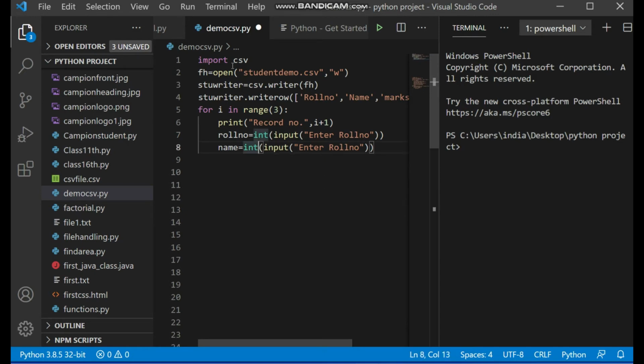Why we don't need int is because name is characters, so we remove it and change this to name. Then marks, ask the user for the marks the same way, only changing this to marks. This way we can obtain the data that we want to write.